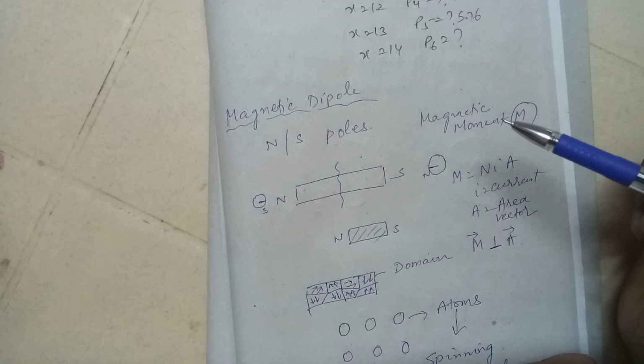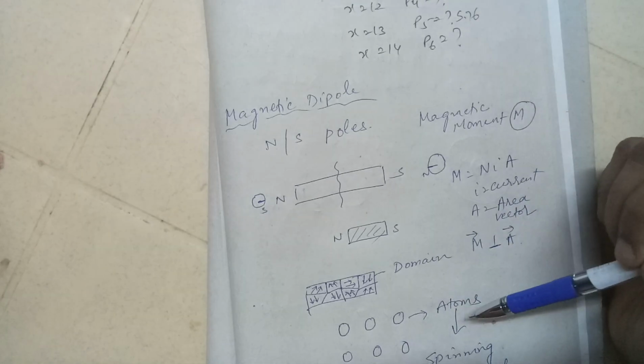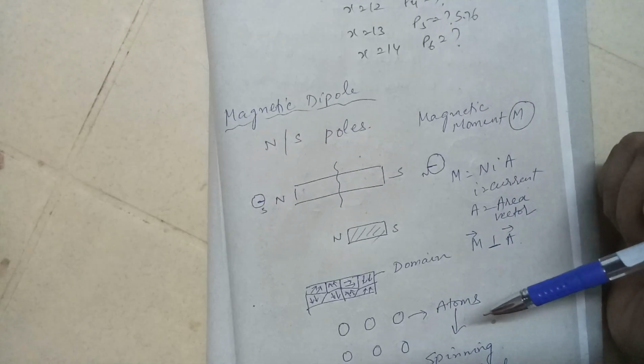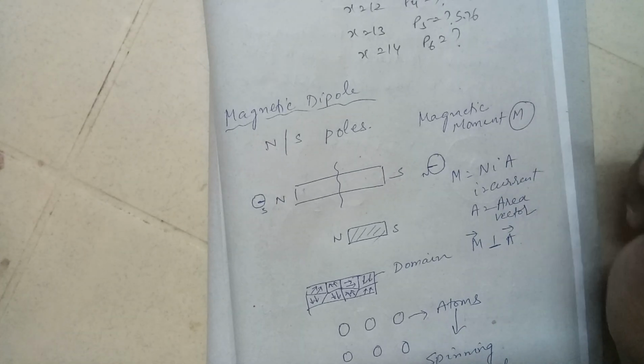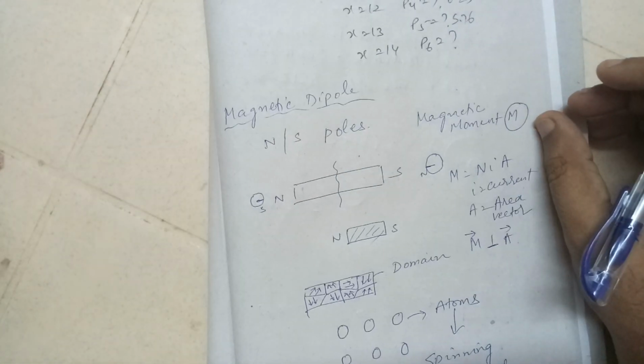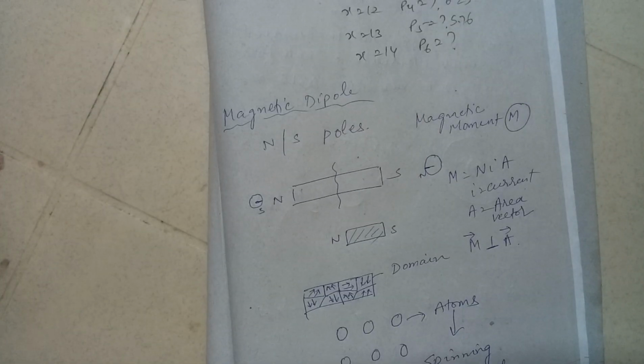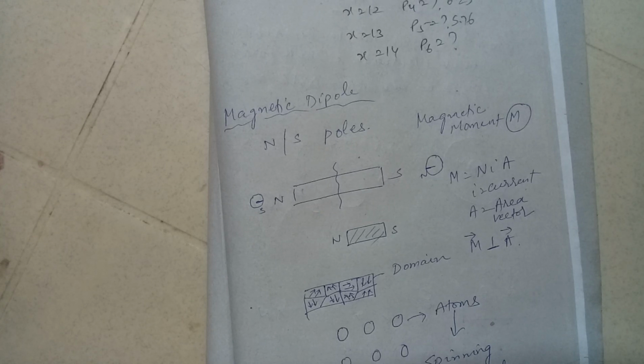And when you break it further, you will reach atomic level. Inside atoms there will be electrons, and there will be a spin of electrons. The spin of electrons is because of the magnetic moment. The spinning effect will decide how far the magnet can be magnetized. Now here we are discussing this because a current carrying loop behaves like a bar magnet with dipoles. So if I take a current carrying loop, it will have its own north and south pole.